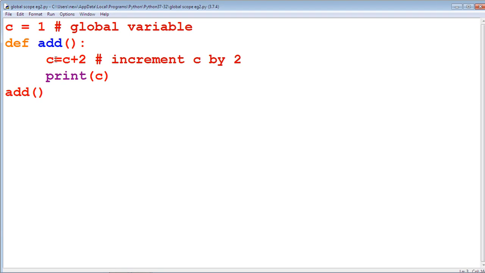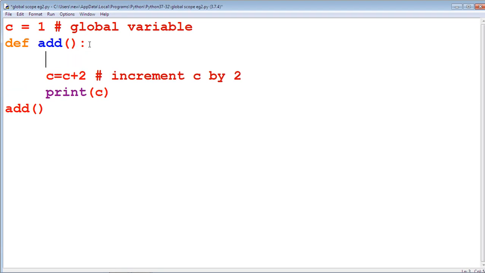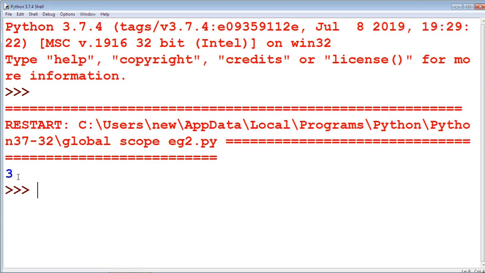When we use the global keyword here, global c, now we get the result 1 plus 2, 3. Save this program, run module. Now we get the result 3.